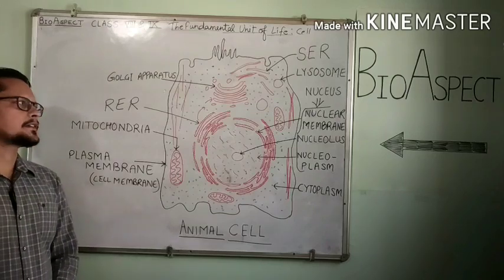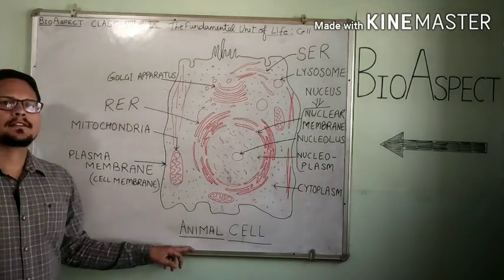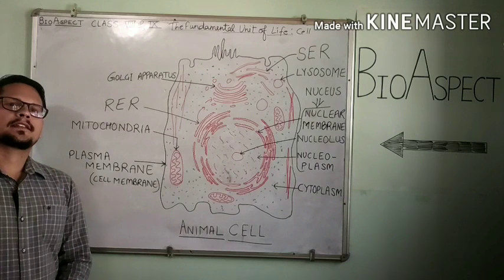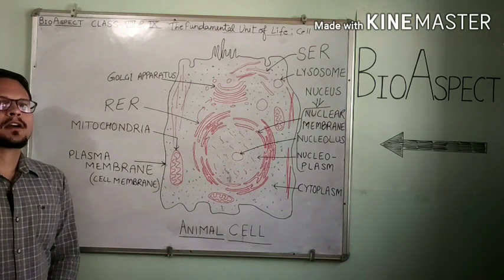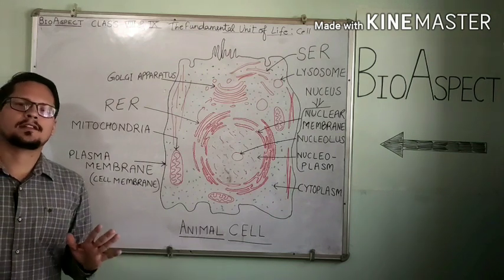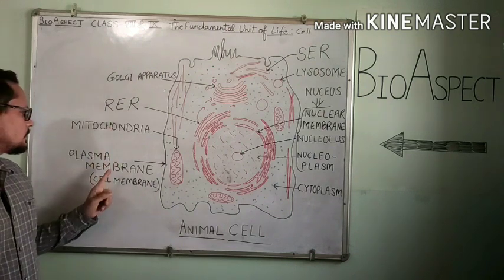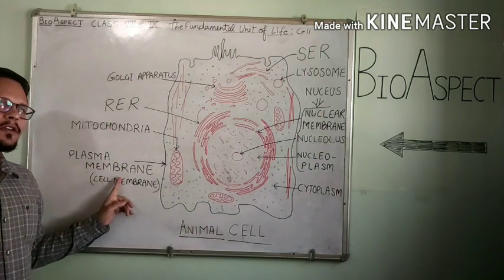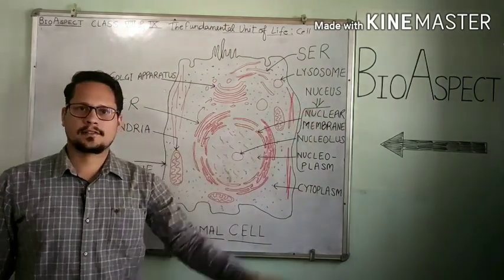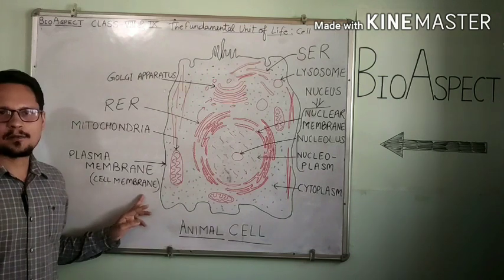Yes, student, this is the diagram of an animal cell, and now we will discuss what a cell is made up of. Whenever we observe the cell under the microscope, we come across three main features of the cell, which are found in almost all cells. And what are these features? Plasma membrane, which is also called cell membrane, cytoplasm, and nucleus. Alright, so first of all we will discuss the plasma membrane.